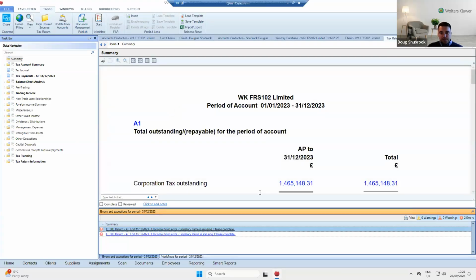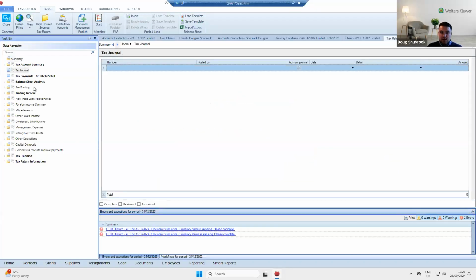Just give that a little second. So that's now imported that side of things. So to send the tax journal back into the accounts, say you've imported your accounts information,